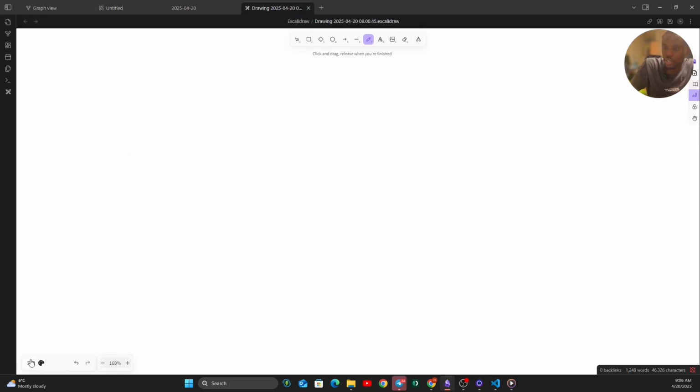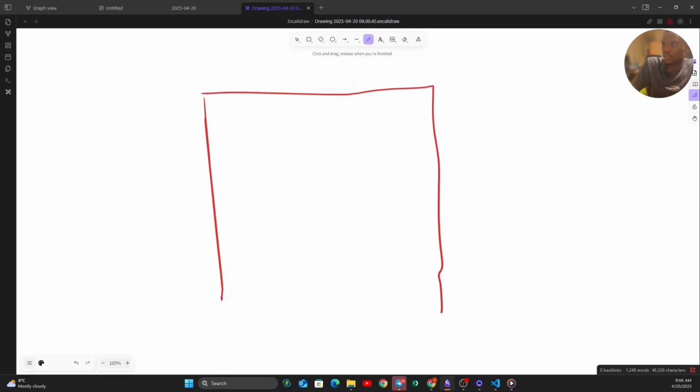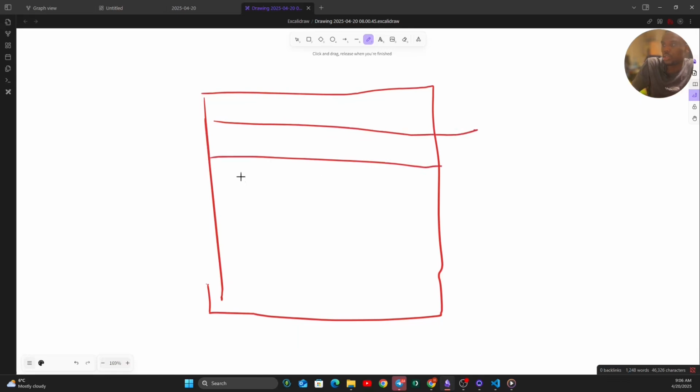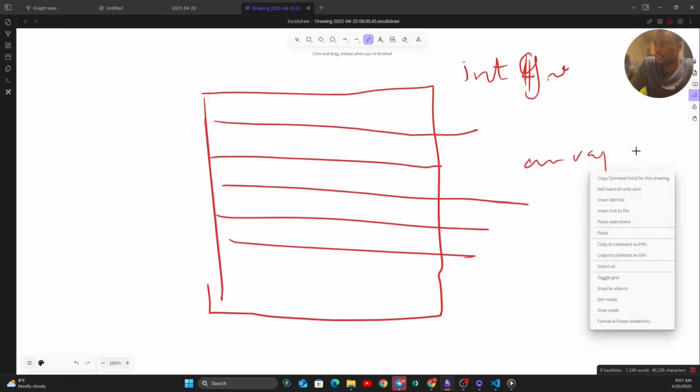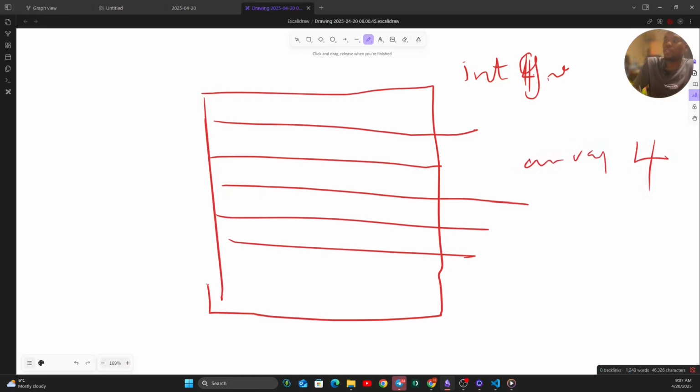So let's imagine the memory as a box where each row is a section where data can be stored. So if we say an array of size 4, that means it is taking four